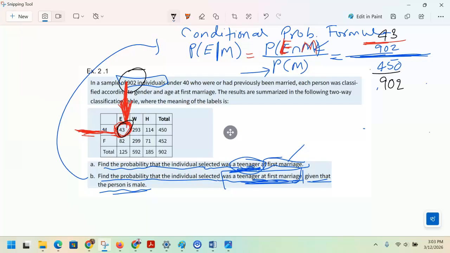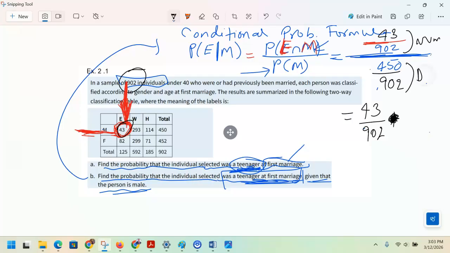You can use keep change flip: keep the numerator, this is the numerator, so that's 43 divided by 902, and then you change the division to multiplication,